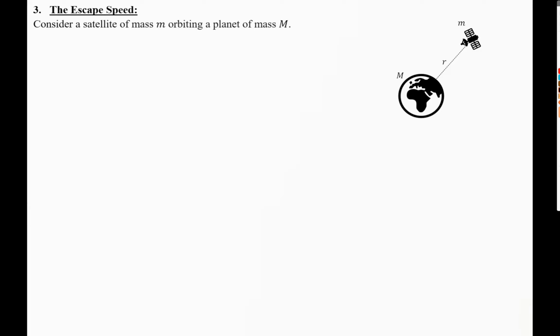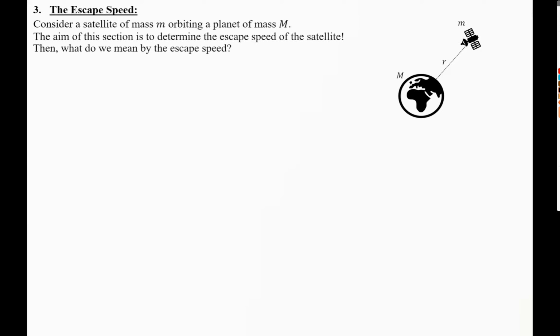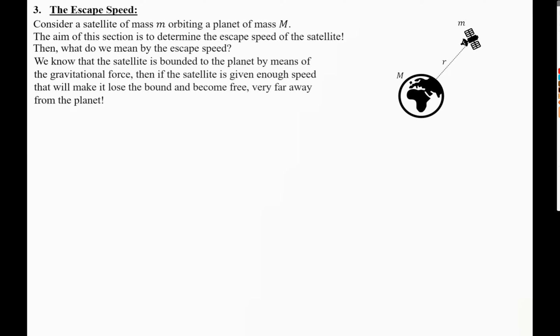Consider a satellite of mass m orbiting a planet of mass M. The aim of this section is to determine the escape speed of the satellite. Then what do we mean by the escape speed? We know that the satellite is bound to the planet by means of the gravitational force. Then if the satellite is given enough speed, that will make it lose the bound and become free very far